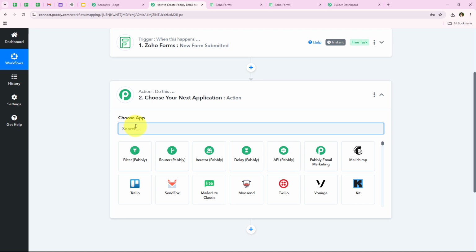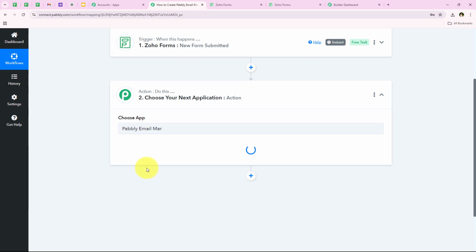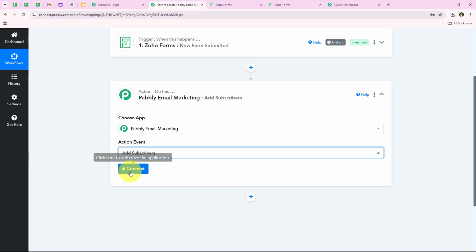So for the action application, we are going to select Pabbly email marketing, because what I want is that as soon as a new form submission is made in my Zoho Forms, I want to create a subscriber with the same details in my Pabbly email marketing. So I'm going to look for Pabbly email marketing, and as you can see, it's here, so we're going to select it. And now for the action event, we're going to select add subscribers,